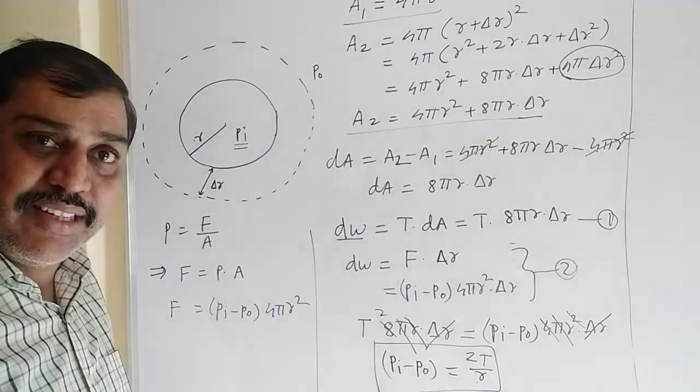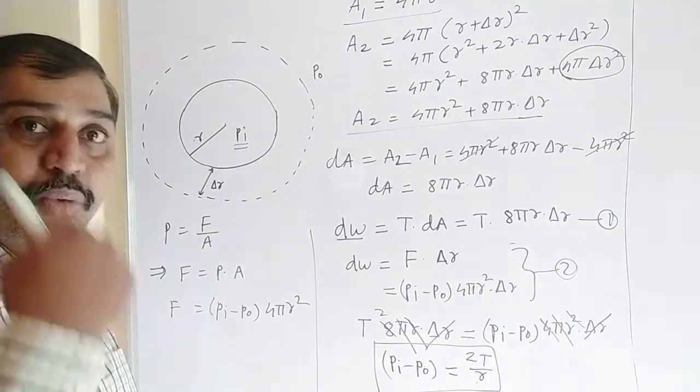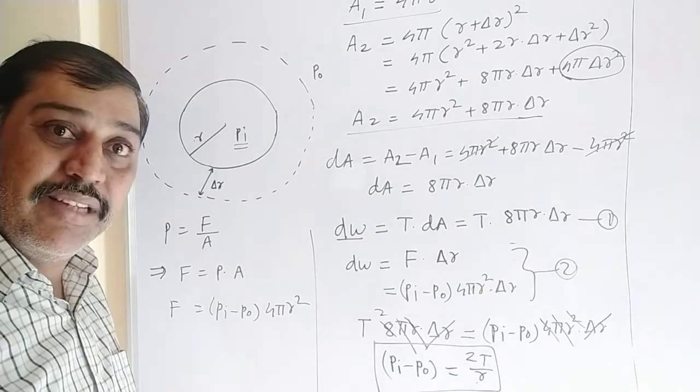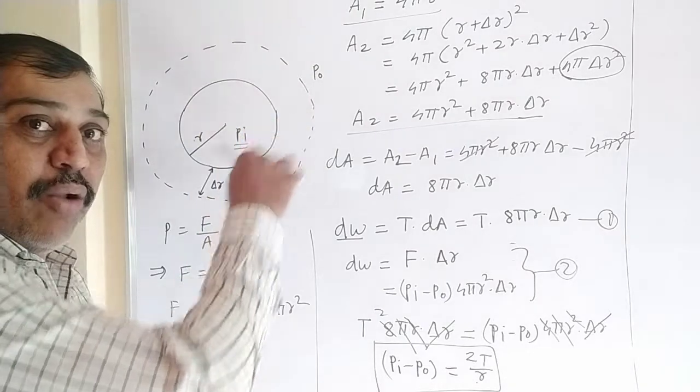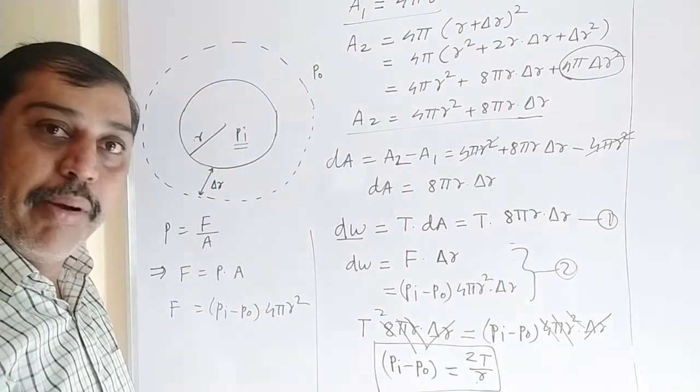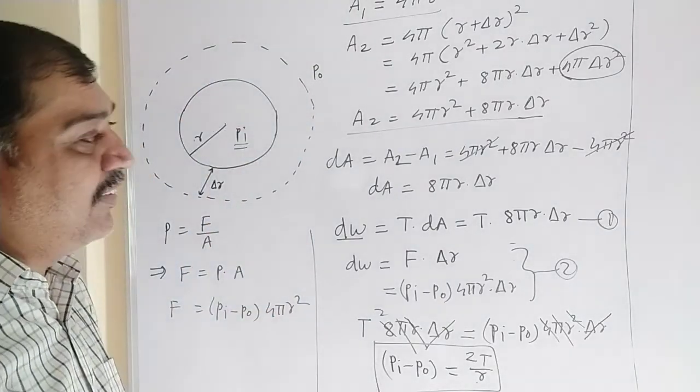A bubble has two surfaces, an inner surface as well as an outer surface. So the surface area of a bubble is double. In case of a drop, inside there is water, so outside only a single surface the drop has. A bubble has two surfaces. That's why this change in area,